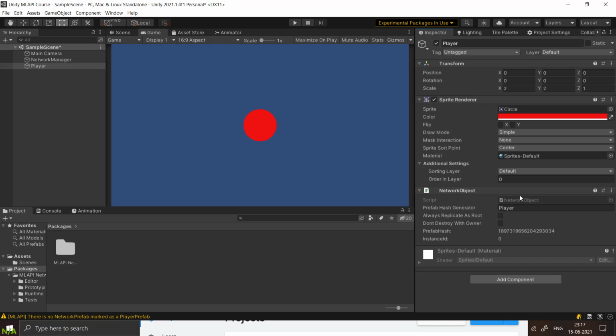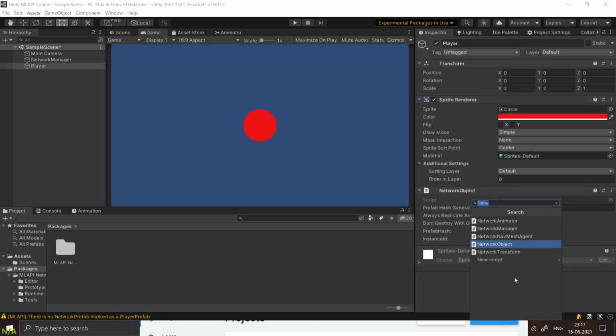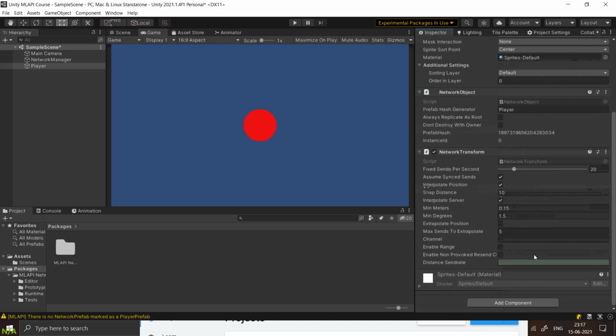So after we have added the network object script, let's add a network transform script. What does this network transform do? Network transform just syncs the player's movement over the server and between different clients. So wherever you see this circle on the screen, it will be visible to another client as well, though this player is ours.